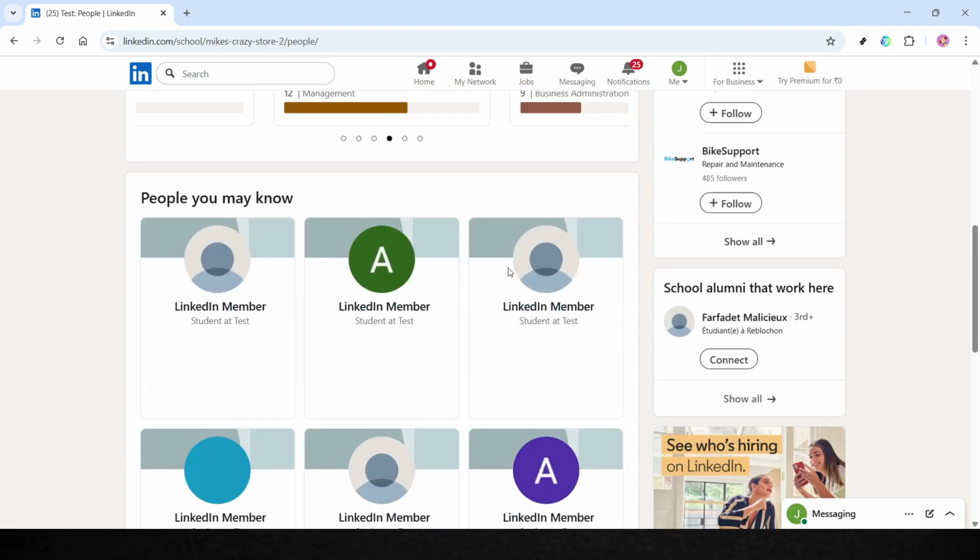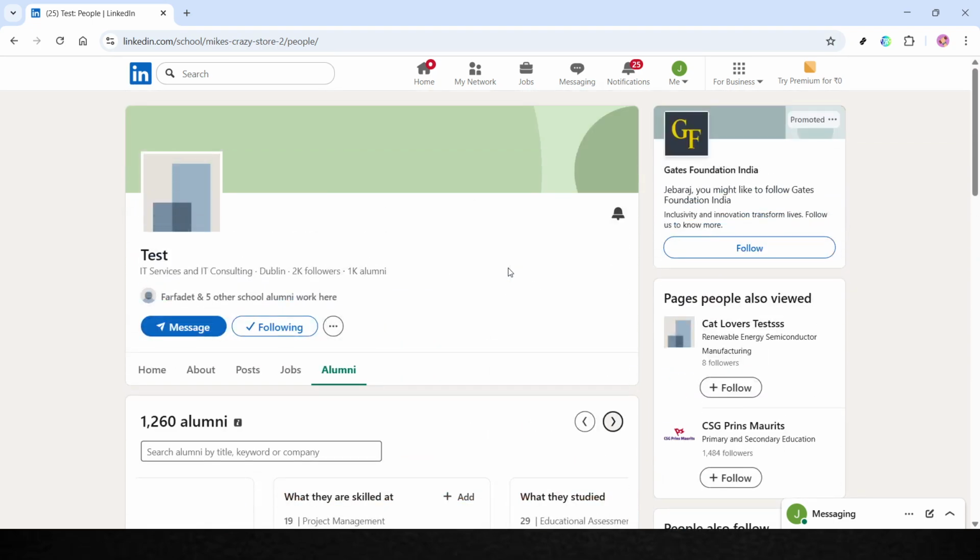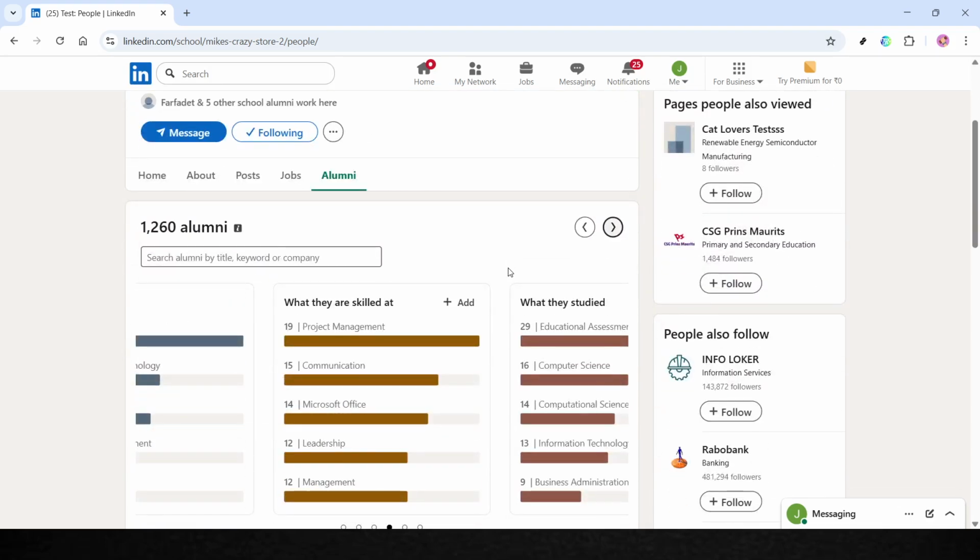Take a close look at their professional backgrounds to see if there's a connection to what you're specifically searching for, whether it's about careers, industries, or shared experiences. Finally, if you come across profiles that align with your professional goals, consider sending a connection request. Make sure to personalize your message, introduce yourself, and perhaps mention your shared educational background or mutual interests to create a genuine connection. And there you have it, a step-by-step guide to finding company alumni on